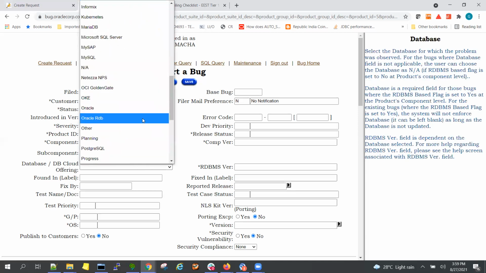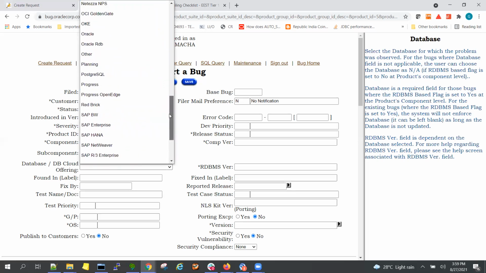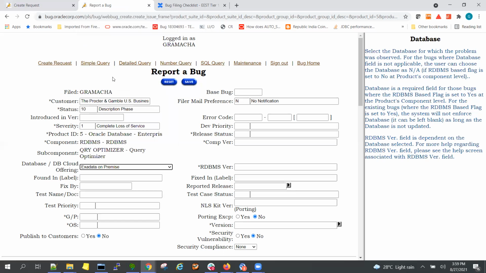Now you have to include this one. As a part of this, we have to find whether it is Exadata Cloud at Customer Gen 1, Gen 2, Exadata on-premise, XRCS, or Database Cloud Service. So we have to see what kind of cloud environment they are. If it's just Exadata on-premise, you have to select Exadata on-premise.